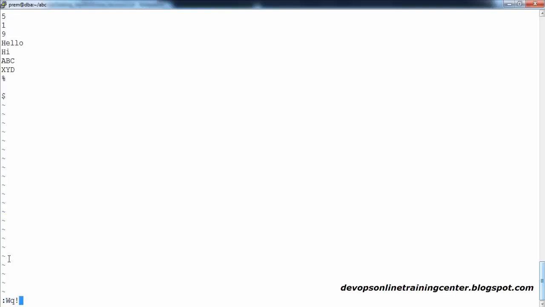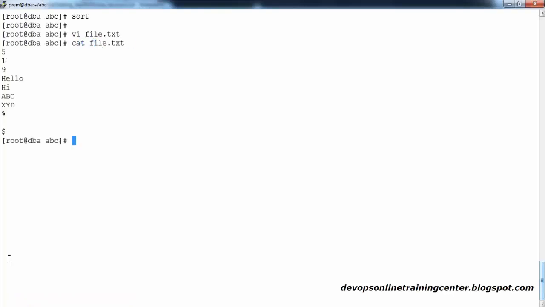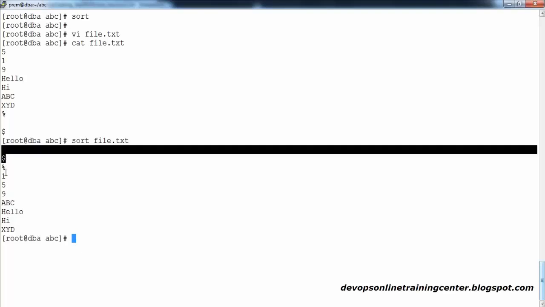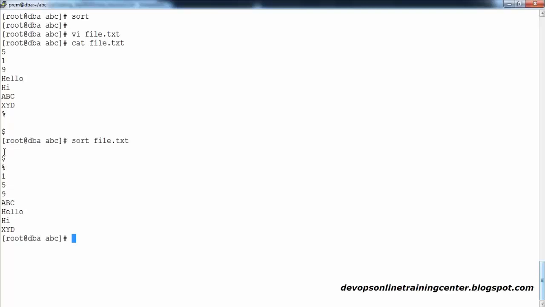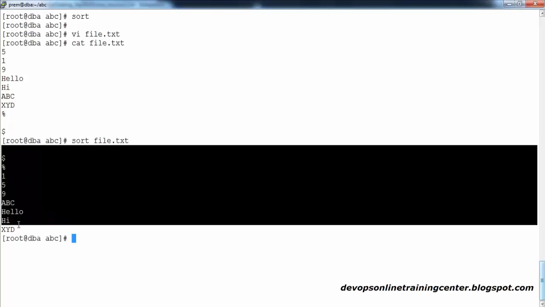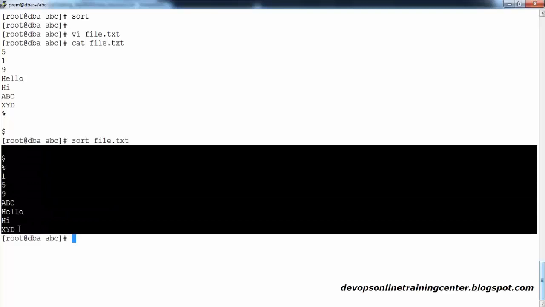This is my file, guys. So cat file.txt. Look at this file. If somebody asks you to sort out this file, we can make use of the command sort and give the file name, and look at this. This is in sorted order. If you want, you can cross check it. See, all the special characters and numerics will always come first because the sorting backend algorithm uses ASCII characters.